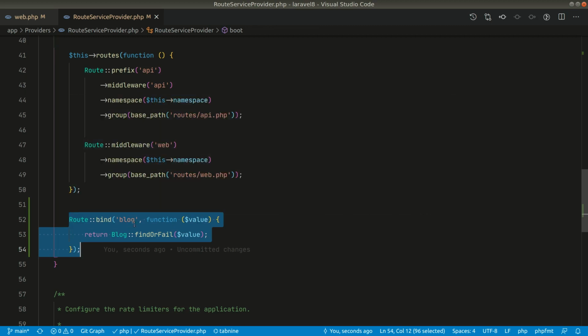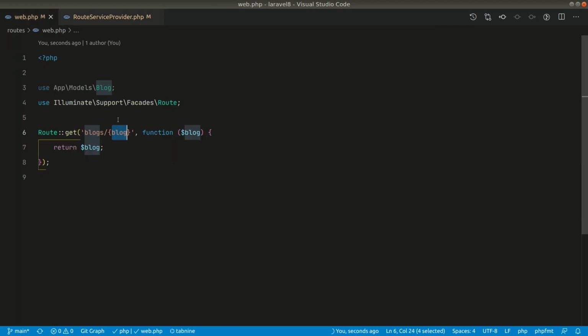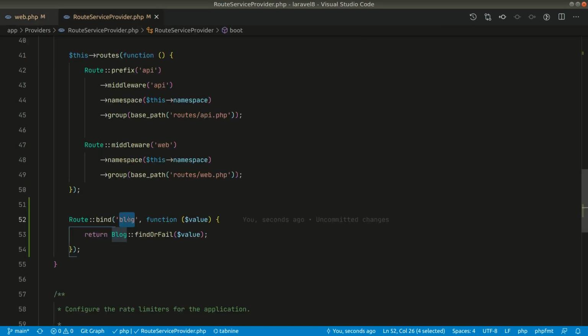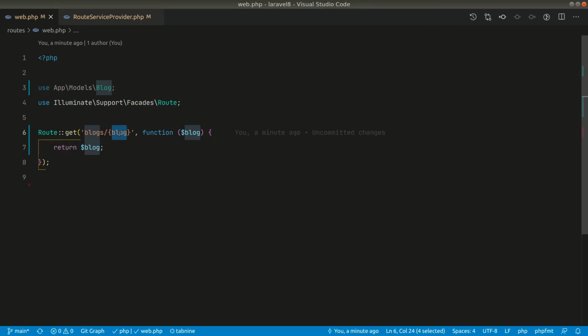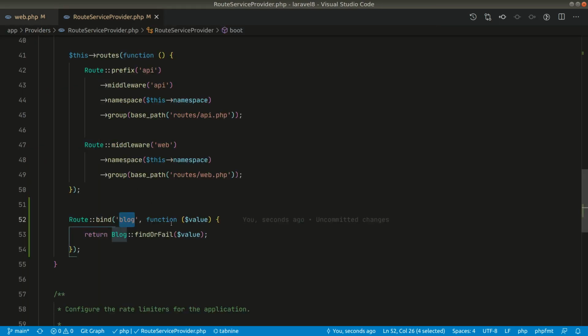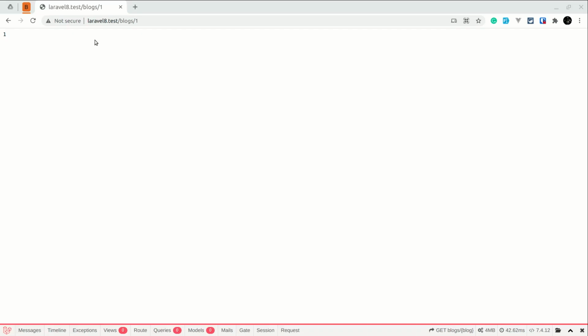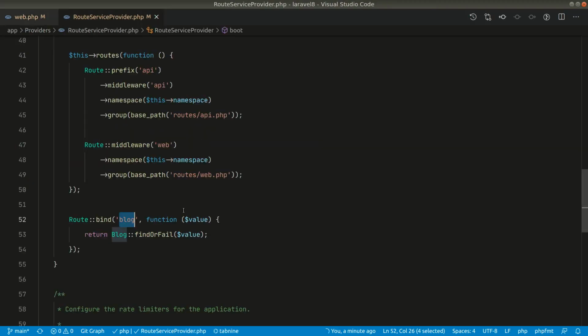Now it will register this blog parameter, so whatever we pass in this parameter is bound. If we want to use a different parameter, then we have to write a different name here. This name and this name must match. So we have bound the value that we pass in this parameter, which is 1 from here, and we have found a blog.